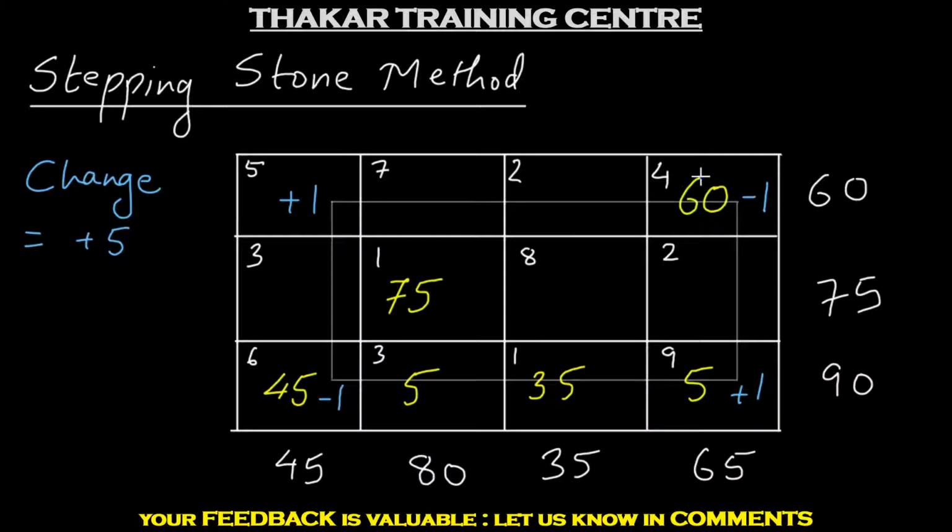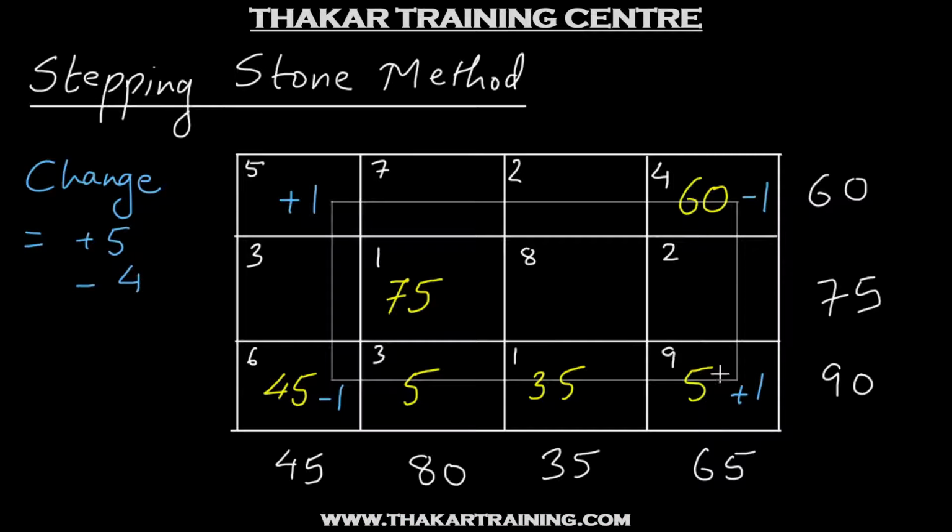So because of this change, the transportation cost will come down by 4. So we'll have a -4. Similarly, in the previous solution, we are transporting 5 units at the rate of 9. But that is changed now to 6. So we have 1 more unit which will be transported at the rate of 9. So the cost will go up by 9.